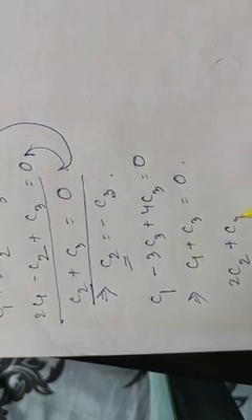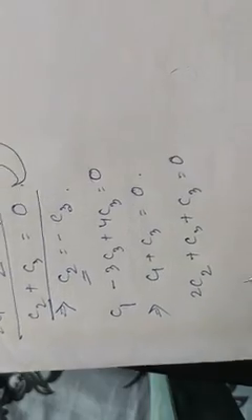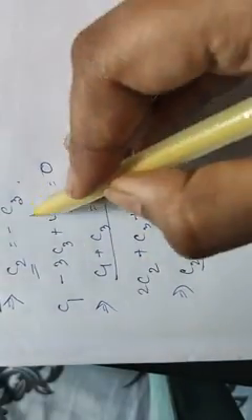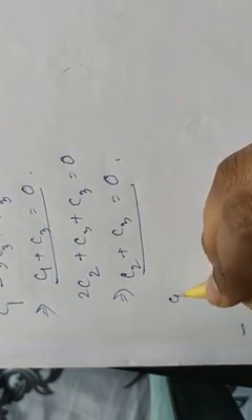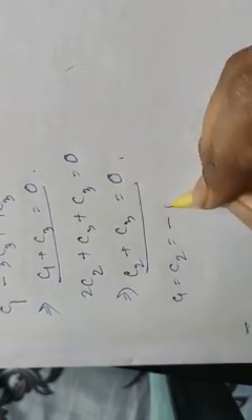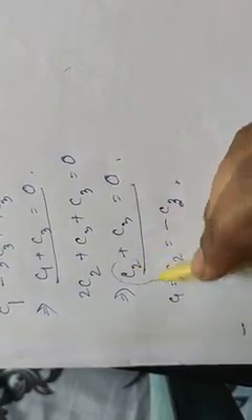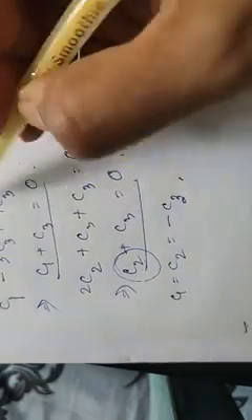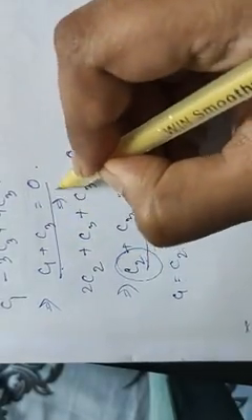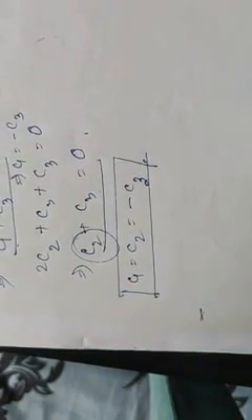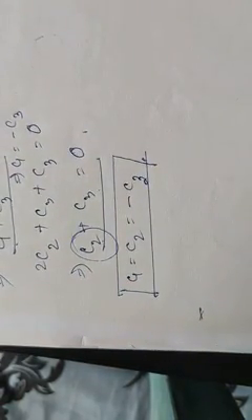Plus C3 plus C3 equals 0. So from there we get C2 plus C3 equals 0. Now from these two and using this one we can easily get the result. Result will be C1 equals C2 equals minus C3. As from there we will get C2 equals minus C3, which is already here, and from here we will get C1 equals minus C3. So from there we can conclude C1 equals C2 equals minus C3.